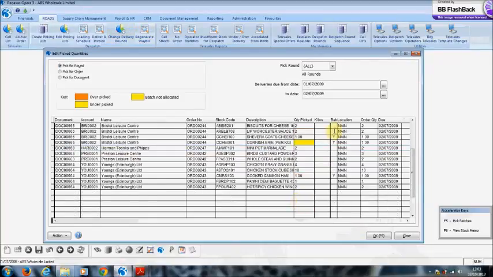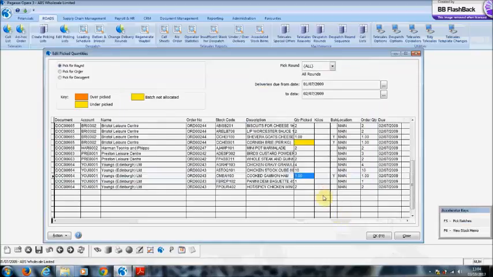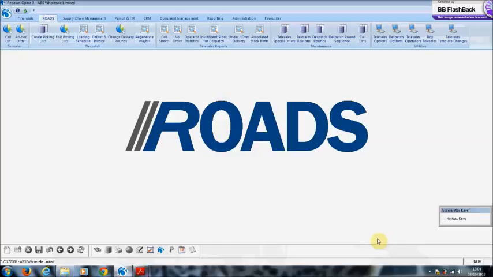There are batches also here that have been picked, but what I can do is to change the batch allocation on that. So instead of saying that it came from that batch, I can say no, in fact, although they should have come from that particular one, they actually took it from that batch there, and in which case the batch assignment has been changed. Once everything is all okay, I can then come into here and say okay, and it creates all the batches for us. So we're now ready to go into the loading schedule, the delivery and invoice, and also to generate